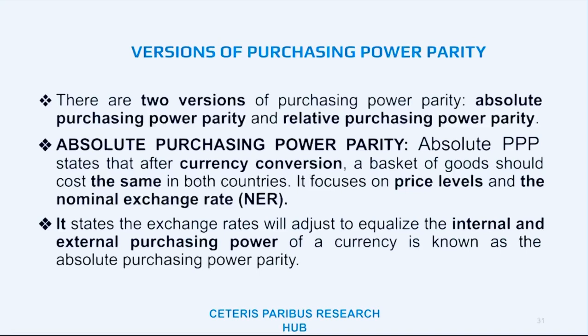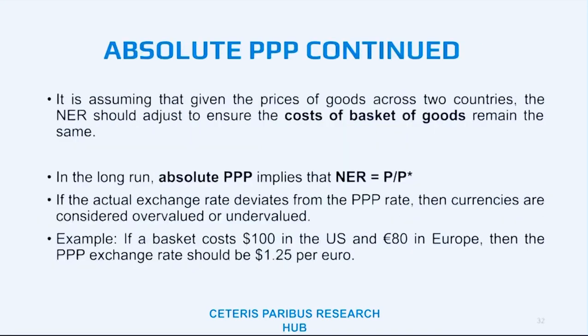So it states that the nominal exchange rates will always adjust, given the prices are fixed, to equalize the internal and external purchasing power of the currency. So that's the concept of absolute PPP. Now, absolute PPP assumes that the cost of baskets of goods remain the same, given their nominal exchange rates can adjust to reflect those changes. So in the long run, absolute PPP simply means the nominal exchange rate must equal